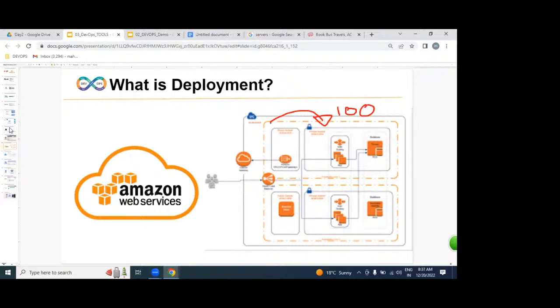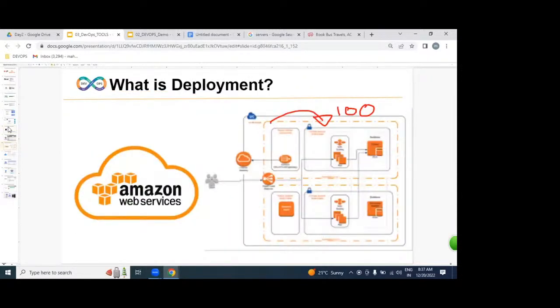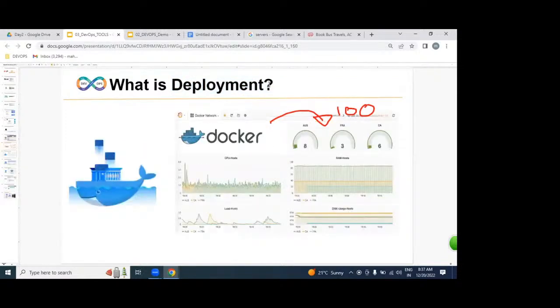So for my satisfaction, let me repeat this point. It's a very important point. Hundreds of servers, getting servers from AWS. After getting servers, on top of the hundred servers, we are going to implement an automated process with the help of Ansible and Chef. This is a very important point. So we are going to be placing our application on AWS cloud or not? Not only deploying on hundreds of servers, not only placing our website on AWS, we can also place our application in a Docker container.